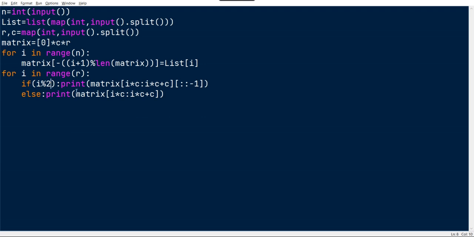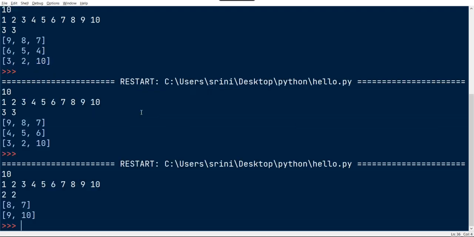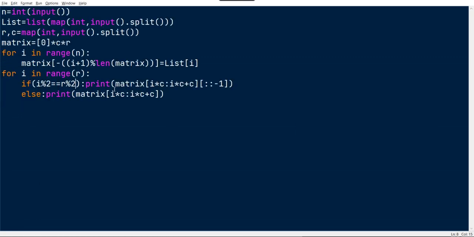Just put an equal sign here and check for the r, bugger. So you will get fixed there. Like that. I was like, it's of no use. Why are we doing that? But actually he did it. If the row size is even, we should reverse the even patterns. If the row size is odd, we should reverse the odd columns. So this will work fine.